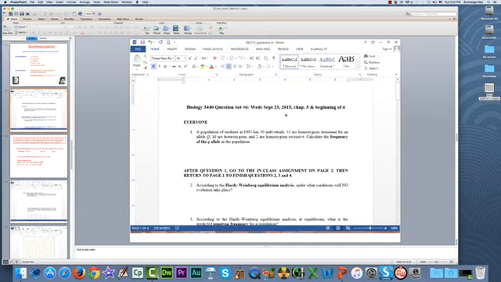All right, so at this point, I want each of you to pull out your question set for today's class, and we are going to start out looking at question 1. The question reads as follows: a population of students at Georgia State has 50 individuals. 32 are homozygous dominant for an allele Q, 16 are heterozygous, and 2 are homozygous recessive. Calculate the frequency of the Q allele in the population. In other words, calculate the allele frequency.